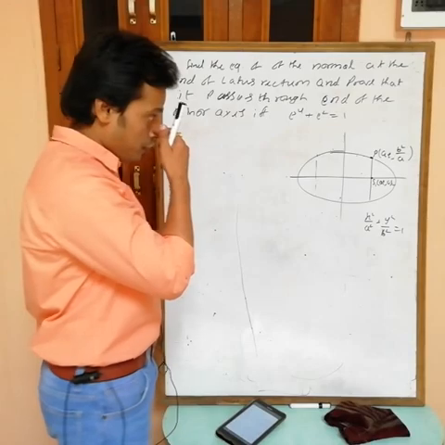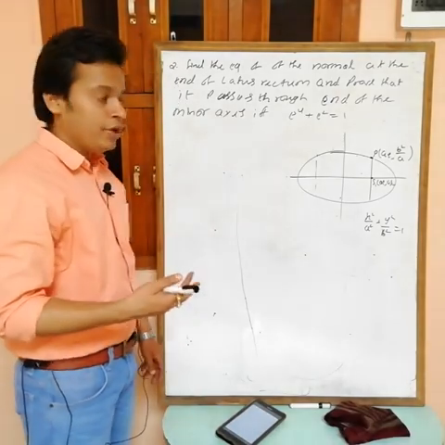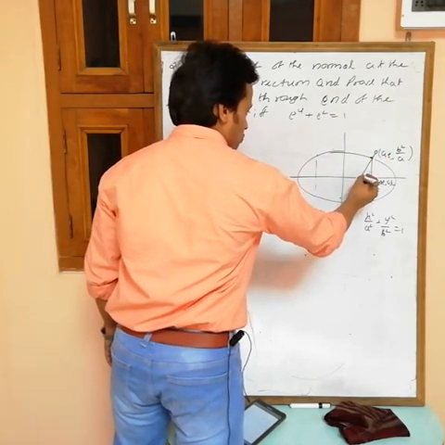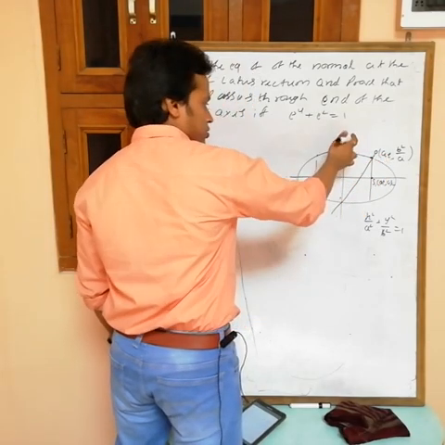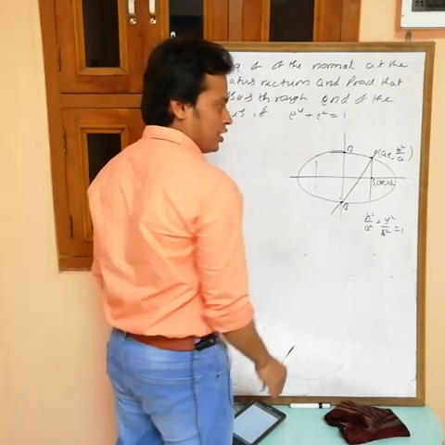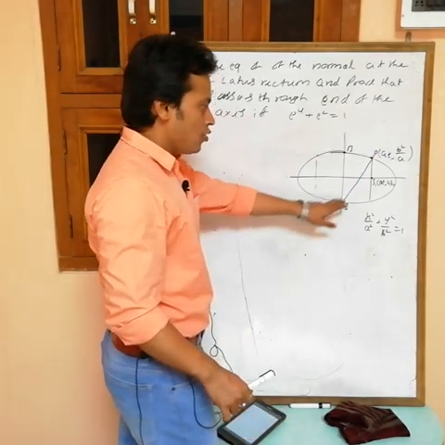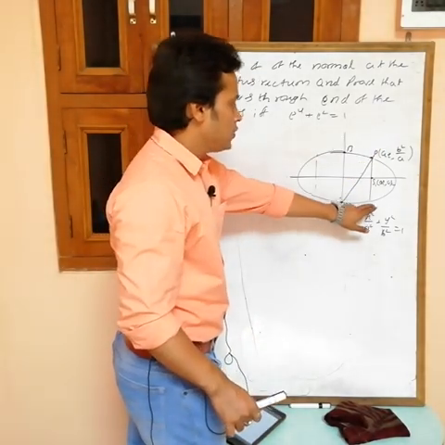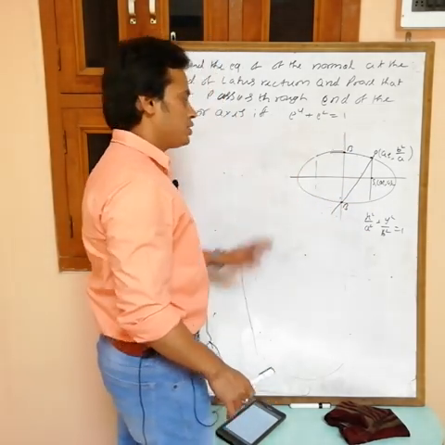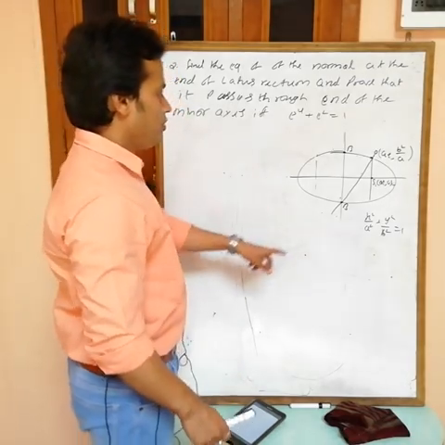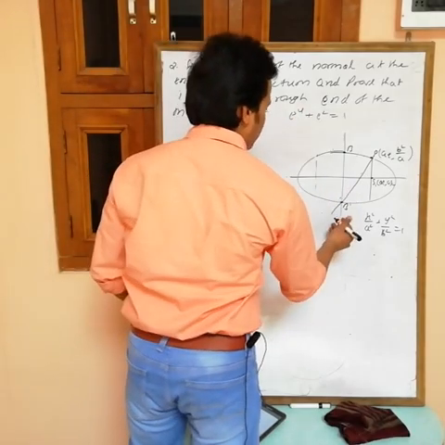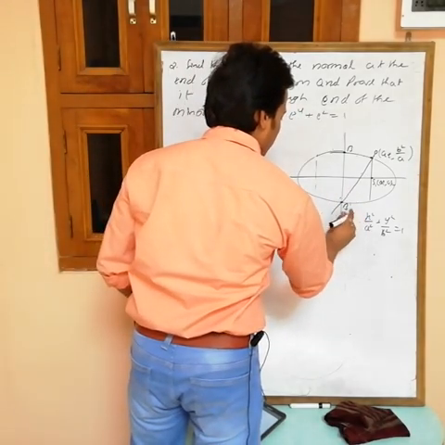Now we want the equation of the normal at this point, and we have to prove that this normal at P will pass through the end of the minor axis. This is the minor axis, so we have two ends, either B or B dash. If you are taking this end, then obviously it can only pass through this one, like this. So I have to prove that this normal will pass through B dash if e power 4 plus e square equals 1. Here B dash is 0 comma minus b.